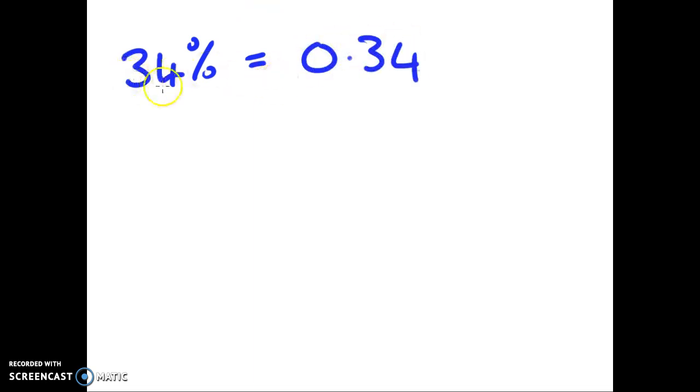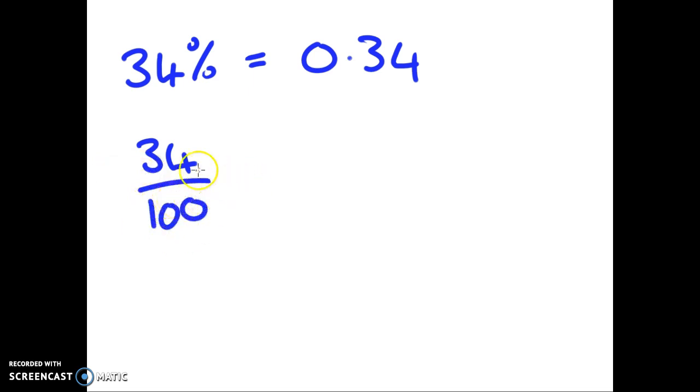And if we start with a percentage instead, let's say, for example, I started with 34%, and I wanted to turn that into a decimal and a fraction. Well, again, to turn it into a decimal, really simple. This time we're going to divide by 100 to get my decimal, which will give me 0.34. Remembering what percent means, we can really easily turn that into a fraction by just putting it with 100 as